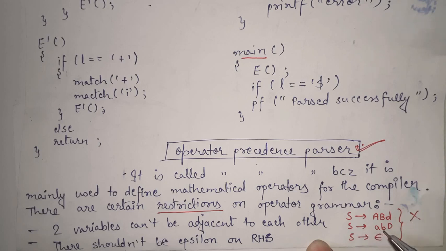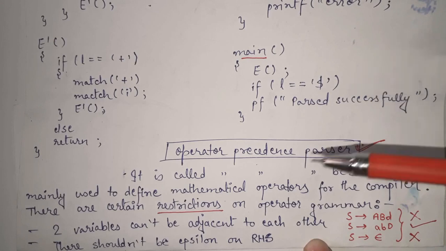Then second is S gives A, B, D. Can it be operator precedence grammar? Yes, because no two variables are adjacent to each other, and there should not be epsilon on the RHS. Yes, there is no epsilon on the RHS. But if I talk about the last one, S gives epsilon, it cannot be, because obviously the second rule is violated, that there should not be epsilon on the RHS. In this case there is epsilon on the RHS, so I can say that it cannot be a part of operator precedence parser. So these are some of the small questions that are asked based on these two